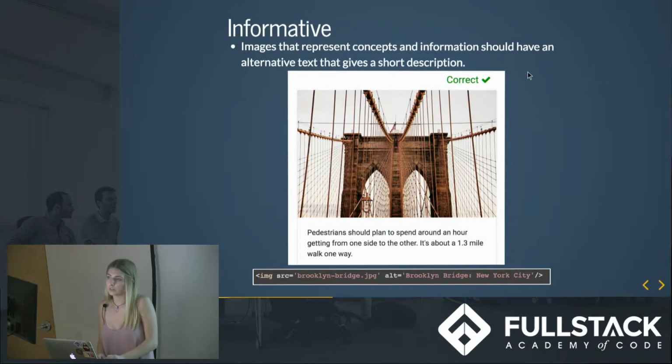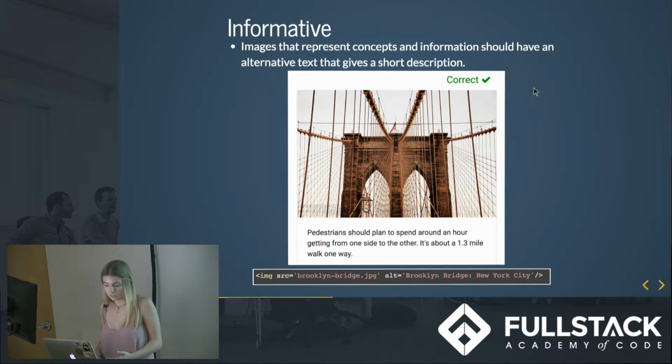If your image is informative, so if it represents concepts or information, you should have an alternative text that gives a short description of what the photo is. So in this example, if the screen reader read aloud the little description blurb, the person wouldn't know what the text is referring to. So in this case, you would use the alt attribute to write something like Brooklyn Bridge,